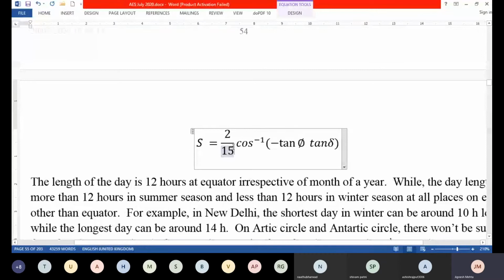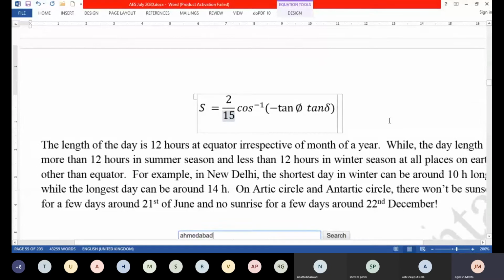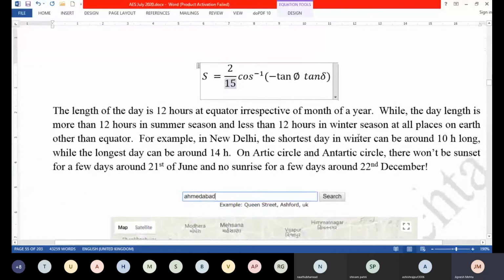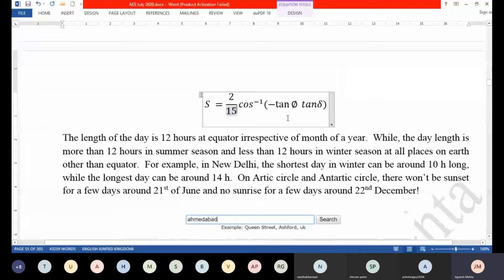If you get it in degrees, then you put degrees here, so that you get it in a fraction of an hour. So 2 multiplied by this will give you the length of the day. And you find that if you are on the equator, then this is always equal to 12 hours. That is, sunrise and sunset always happen 6 hours before and after the solar noon.